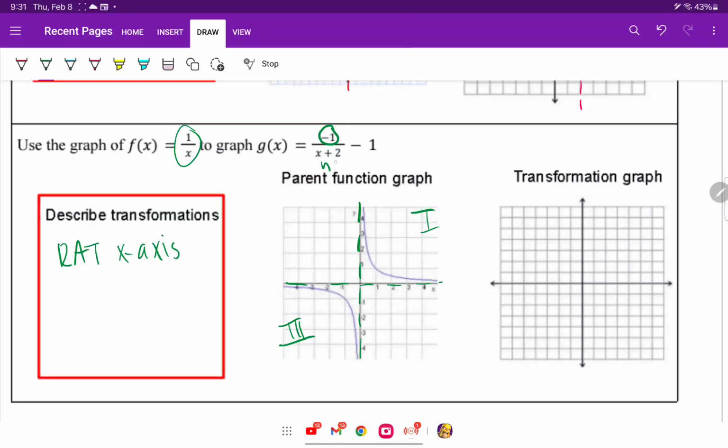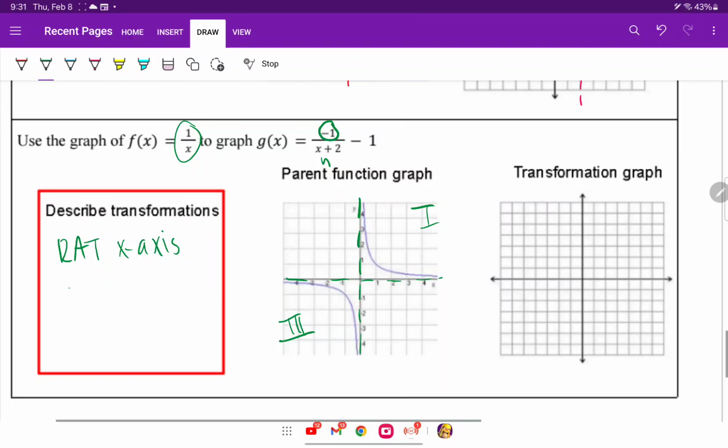This is your h, insider's lie. That's a negative 2, so that moves to the left 2 units. This is your k value. The k value is negative 1. That is down 1. Okay, so we're going to go and move our asymptotes. So the vertical one, we're going to move that left 2. So 1, 2. So here's my left 2. My k was down 1, so we're going to take that one that was on the x-axis and move it